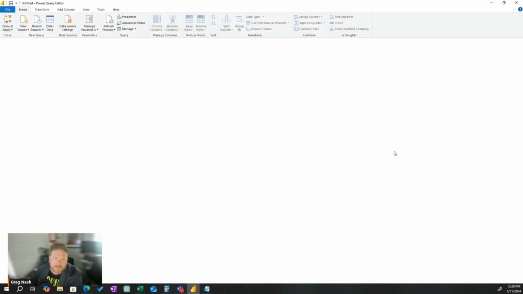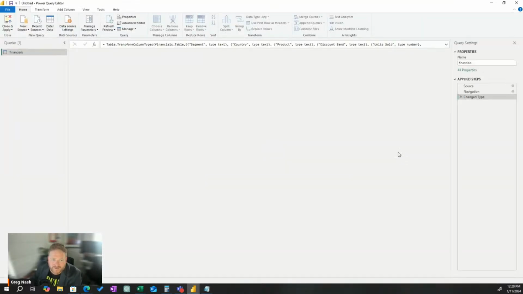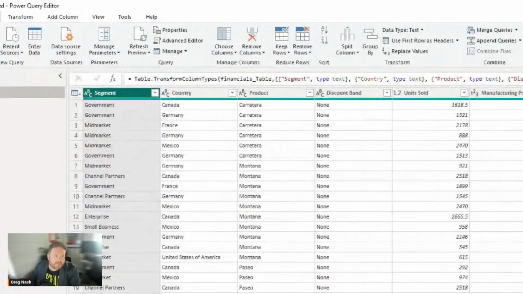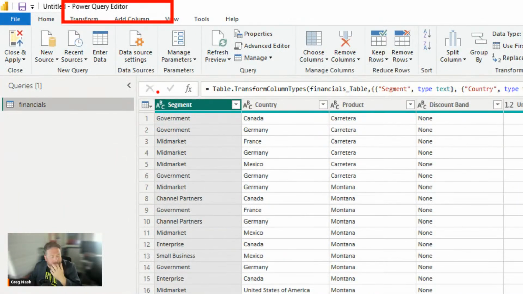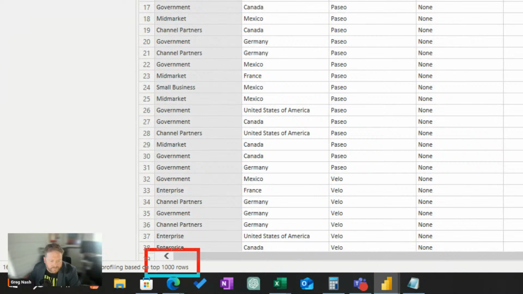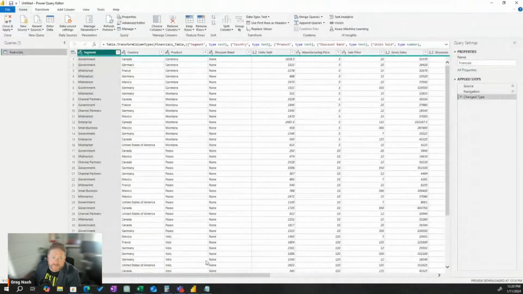This is going to take longer than 20 minutes if I give you every minutiae. All right, so what happens is this is called Power Query. You can see at the top here, it says Power Query Editor. Power Query will go and get the data out of the spreadsheet or data source, whatever it is. Doesn't matter what it is. And then it will load the first 1,000 rows. It doesn't load all of your data. It just loads the first 1,000 rows. And the purpose of this is so that we can mess with the data. We're going to transform it.